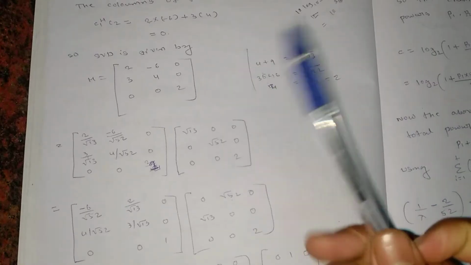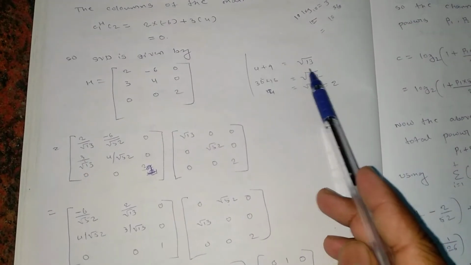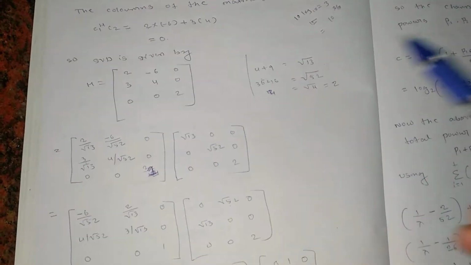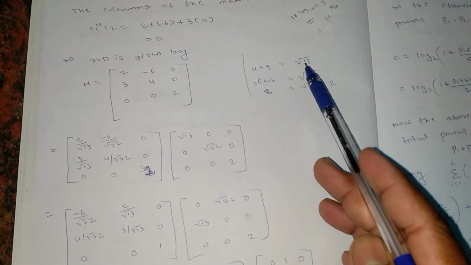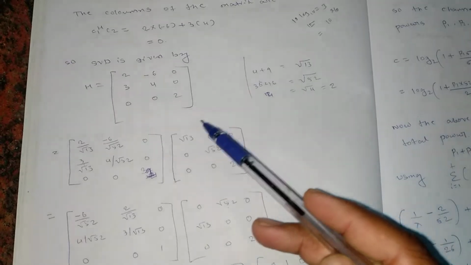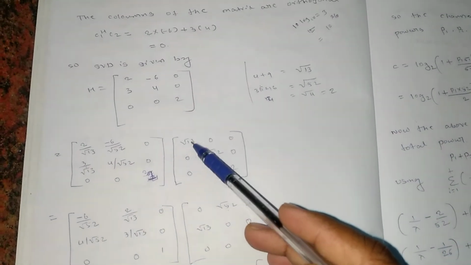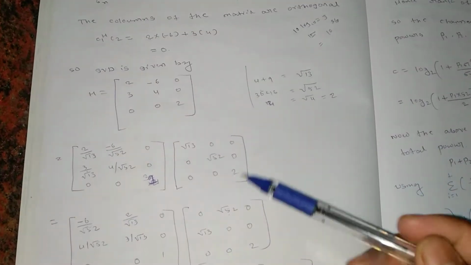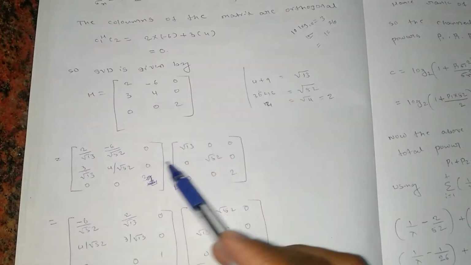So once you have done this, how am I writing this? Because we have calculated the norm, so we have divided by this quantity, then we need to multiply with the same norm quantity in order to compensate for the equation. So what I am doing is take the norm of each and multiply in the diagonal form. For the first column the norm is root 13, put it here, and then the rest of the elements should be 0, because we are multiplying for this element here, right? For the second one it is root 52, and for the third one it is 2, right? So I have multiplied this norm matrix now.